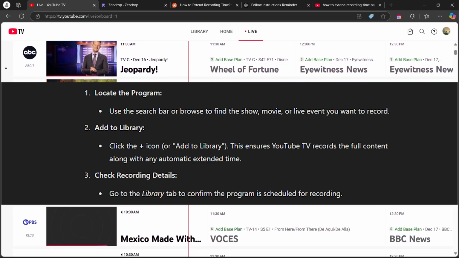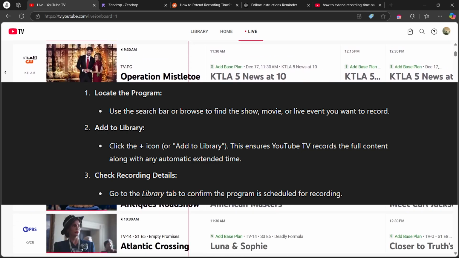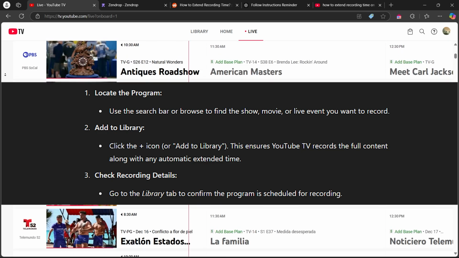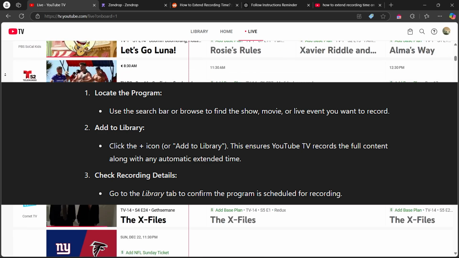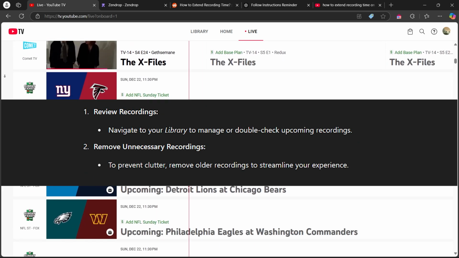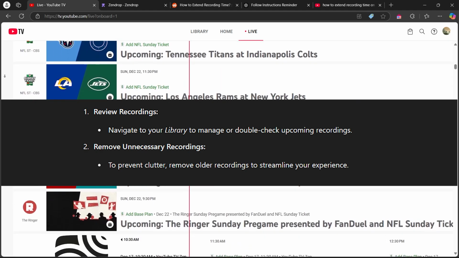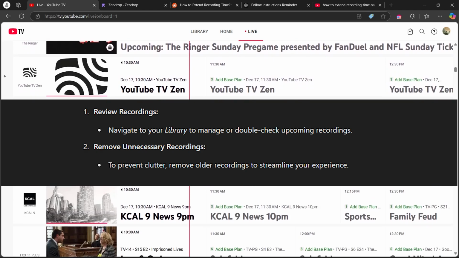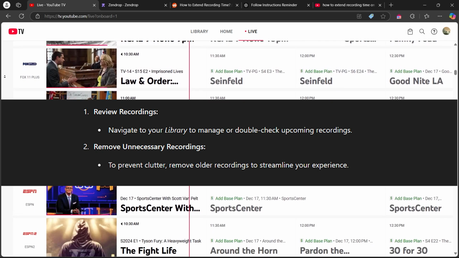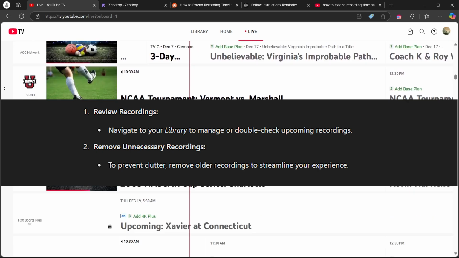So you'll have to just make sure to add the specific event or league to your library, and YouTube will take care of any extensions for you. You can navigate to your library to manage or double check upcoming recordings, and to prevent clutter, remove older recordings to streamline your experience. If you're watching live, you can pause, rewind, or fast forward through recorded content, ensuring you